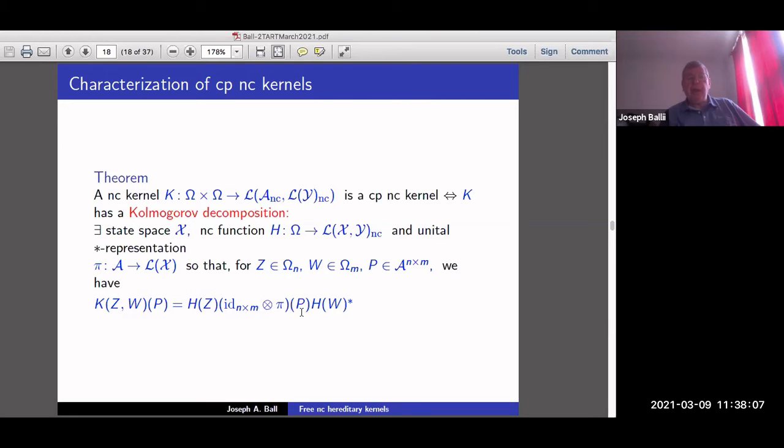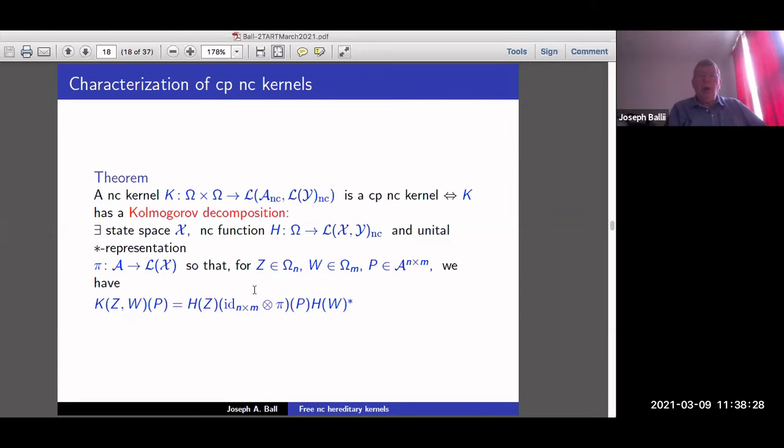So you see here, P is n by m over A. Identity n by m tensor pi means you just apply pi entry-wise. Then everything fits. The result is an m by n matrix